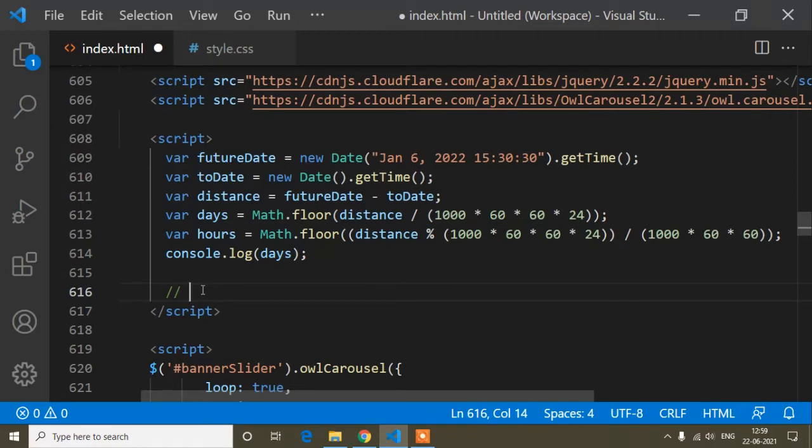Suppose, guys, someone has given you to divide 14 divide 3. So what will be the remaining? So 3 into 4 is 12. So remaining is 2. If you divide 14 by 3, you will get remaining value 2.